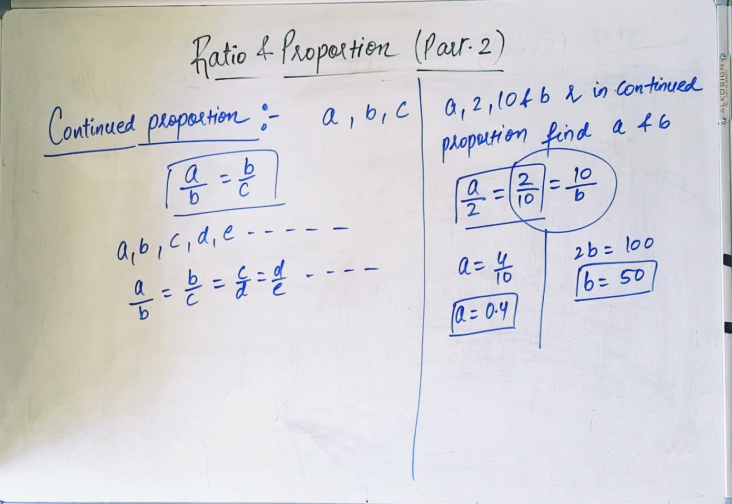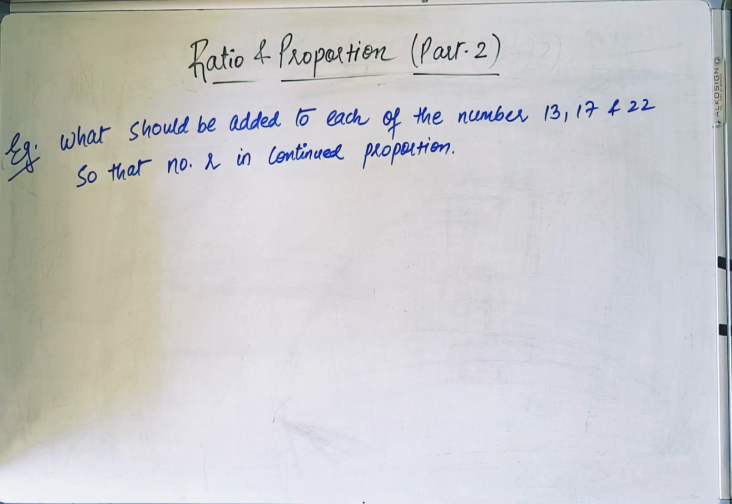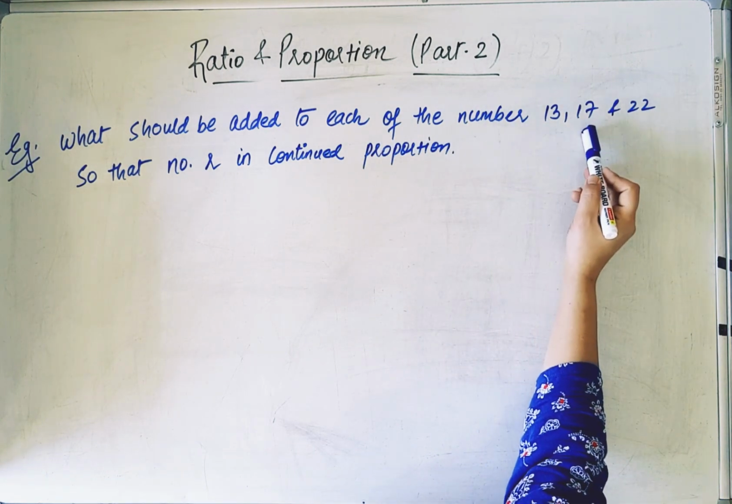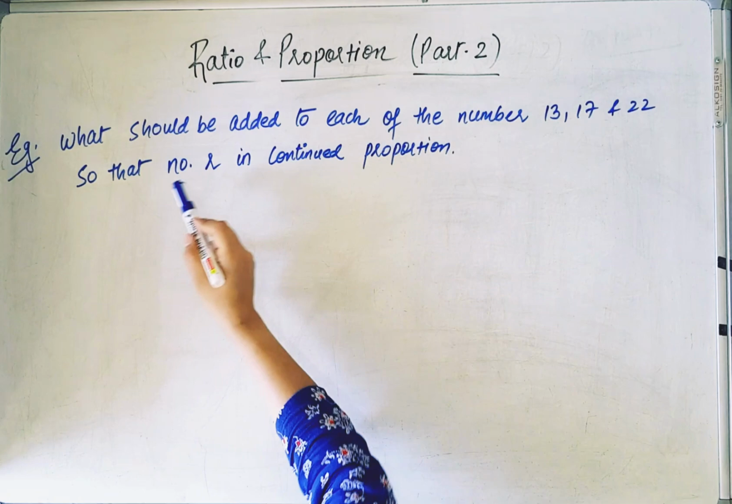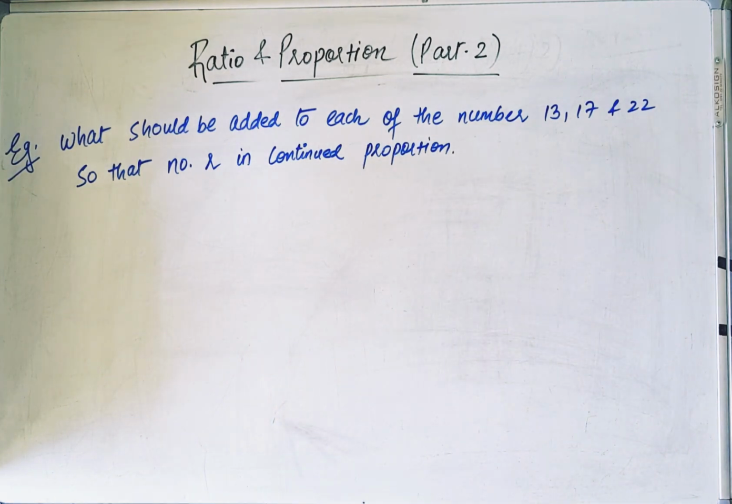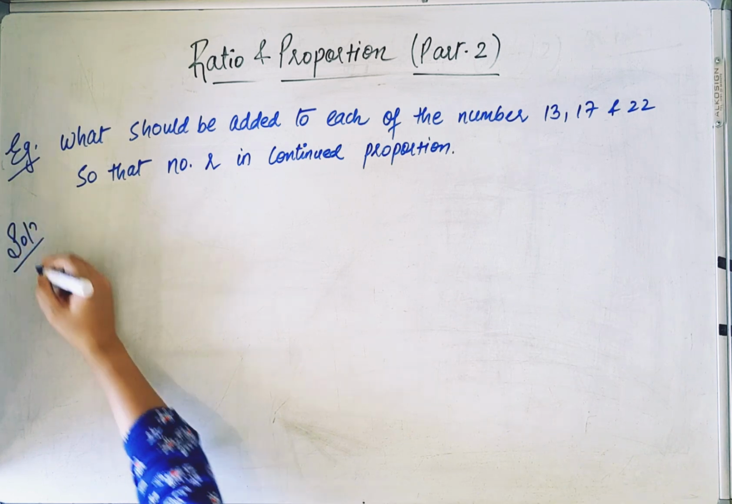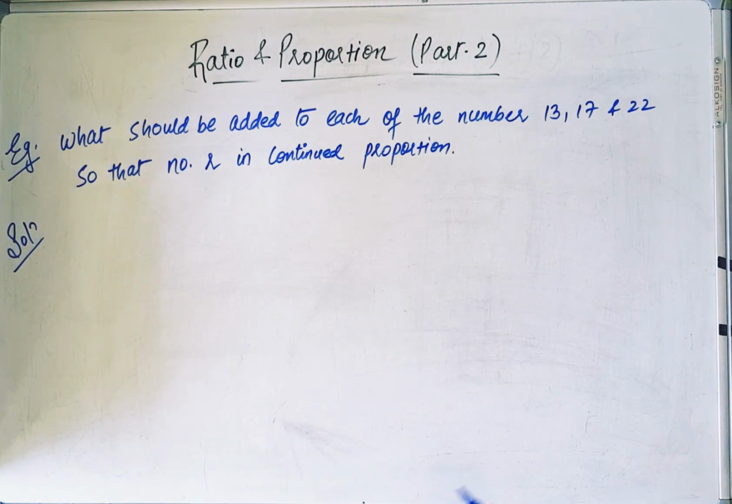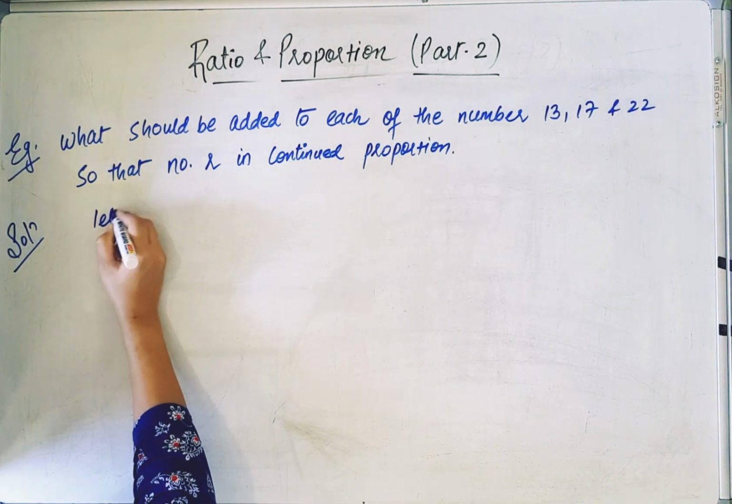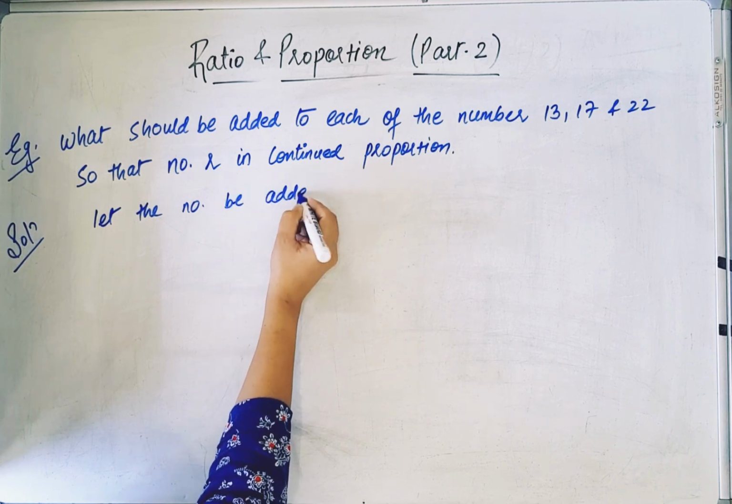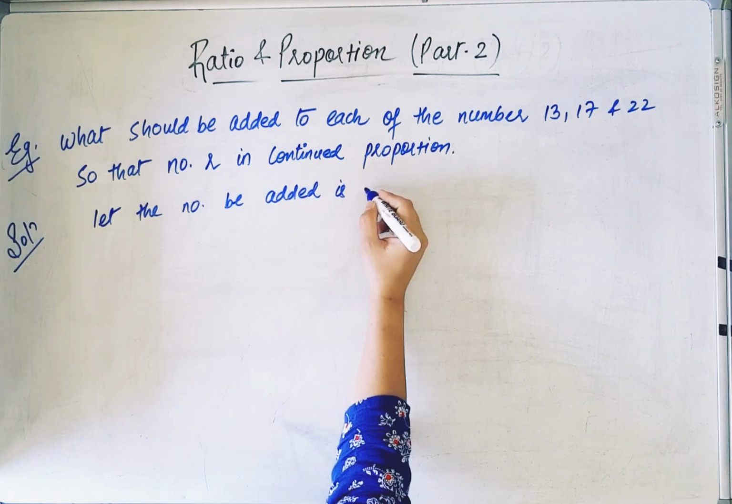Now we'll see one more question based on this concept only. Now the question is, what should be added to each of the numbers 13, 17, 22 so that the numbers are in continued proportion? They are saying that in each of the numbers, what number should we add so that these numbers are in continued proportion? So we'll assume, let the number which should be added be